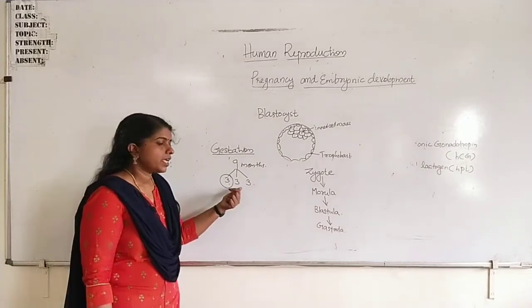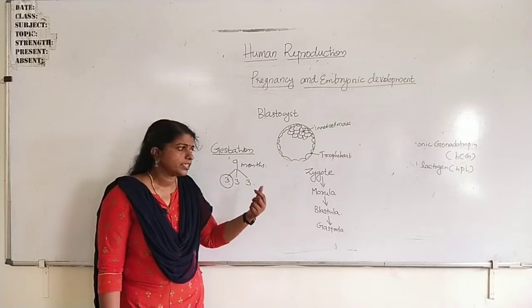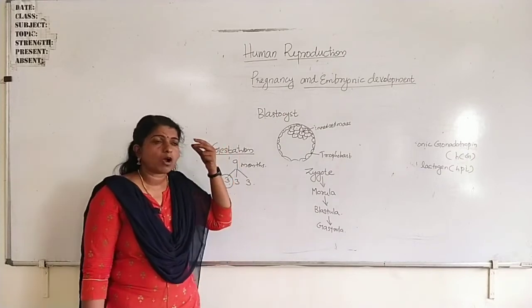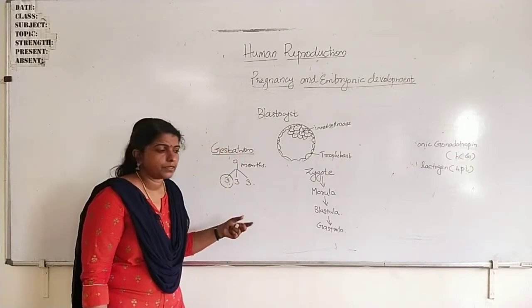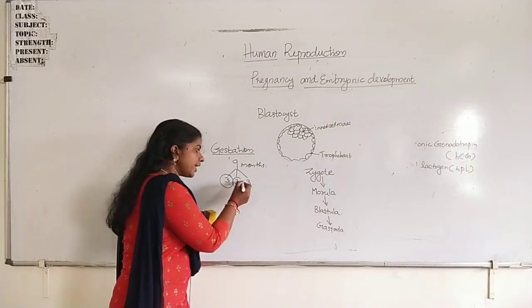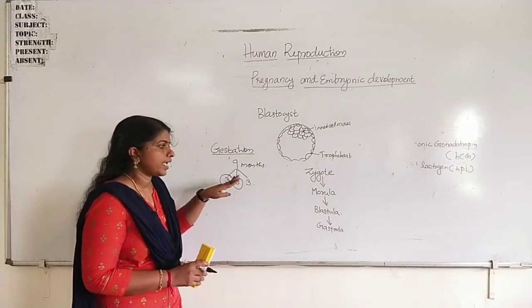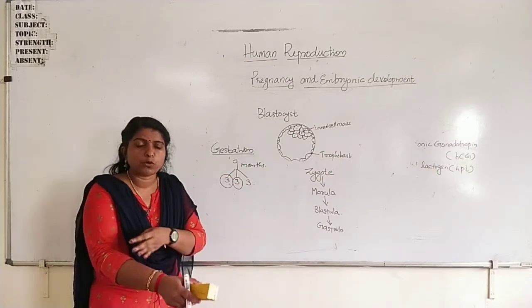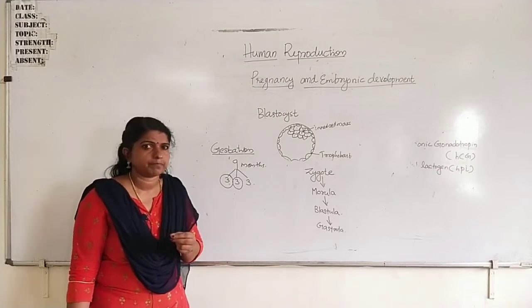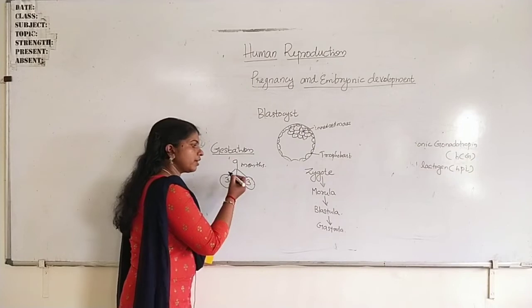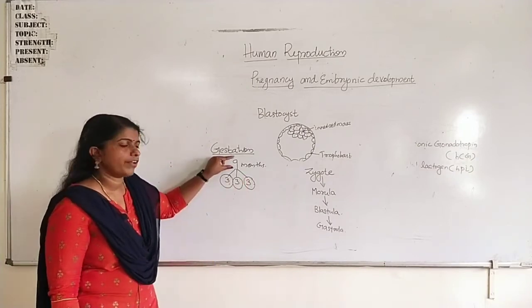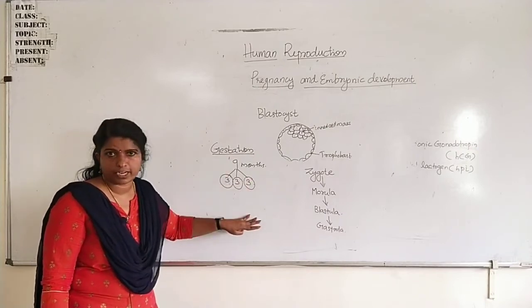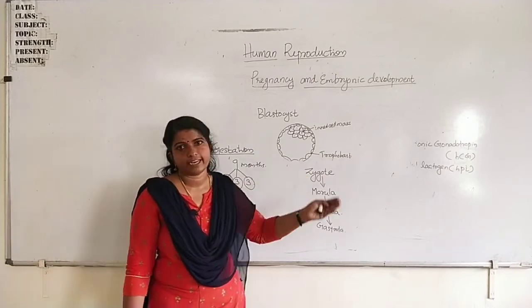Okay. Then around the 5th month, the first movement of the fetus can be noticed, and hair also develops on the head. Then by the end of the second trimester, the eyelids separate, eyelashes are formed, and the body is covered with fine hairs. And by the end of the third trimester, that is when 9 months are completed, the embryo or the fetus is fully developed and it is ready for delivery.